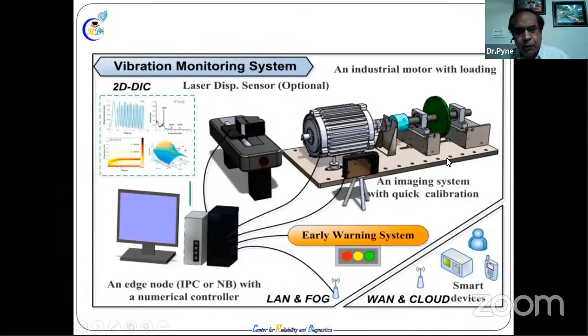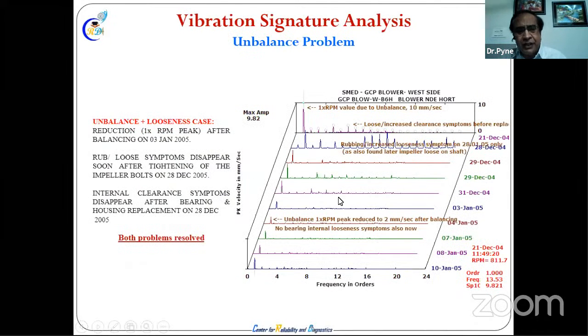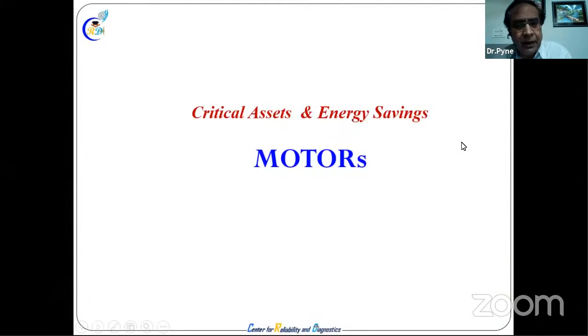There are online vibration systems also, and portable analyzers also. All turbines and large compressors have this system, so we get online diagnostics. These are unbalance issues, like this one case in different places in a steel plant. Here there is unbalance and looseness combined, and it looks like this. I am not going to discuss condition monitoring or diagnostics here, but advanced maintenance tools are available to maintain the equipment that helps with the energy required.